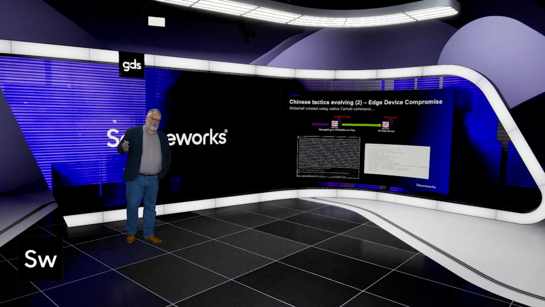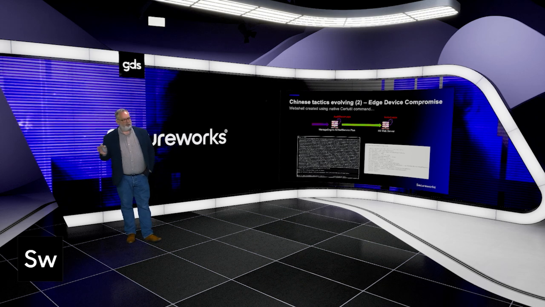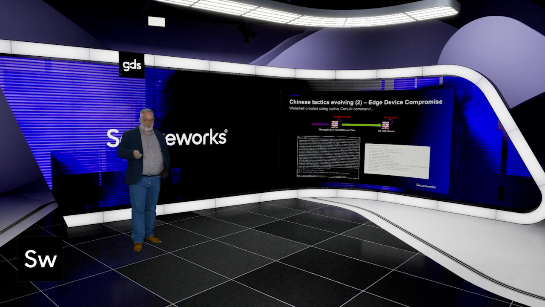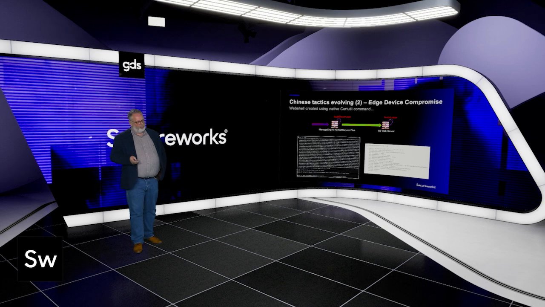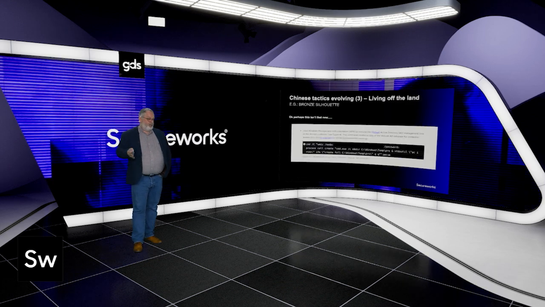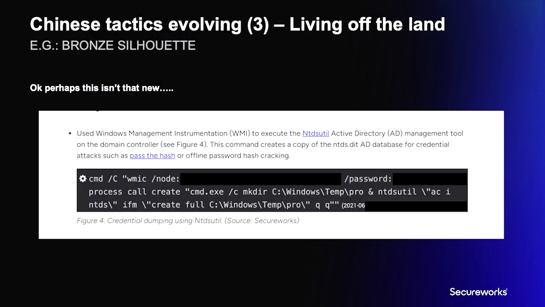Back 30 years ago when I started this, edge devices were where we were monitoring. Now everyone's monitoring the endpoint. It is really important to keep monitoring your edge as well, because the bad guys know all the endpoints are monitored. And in this case, this is a Bronze Silhouette example, living off the land, using native tools so that you